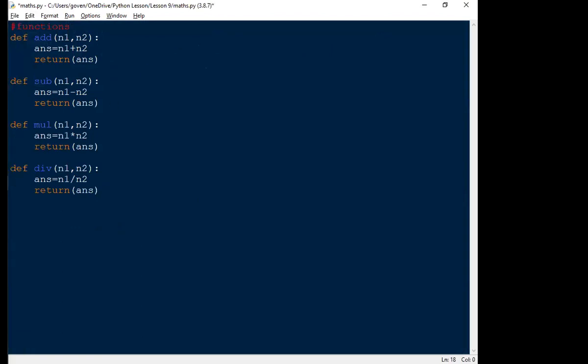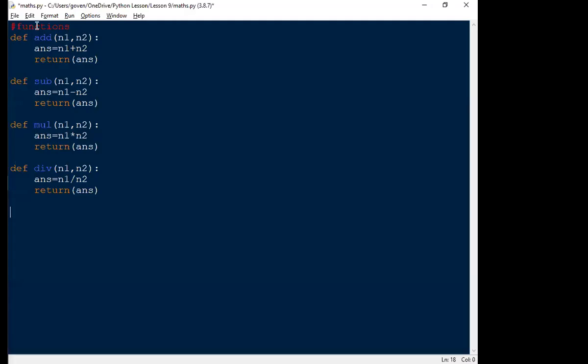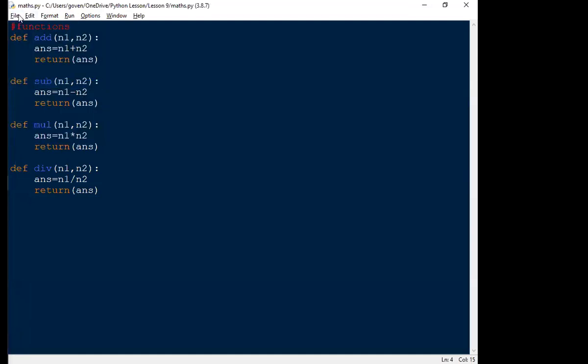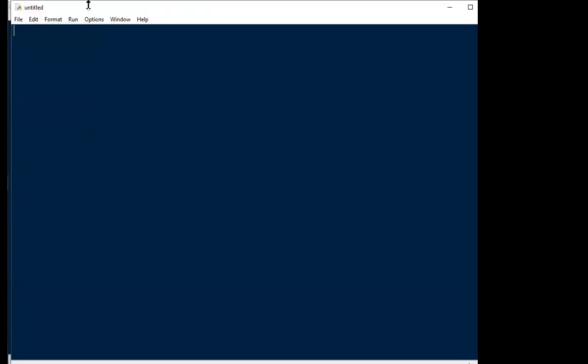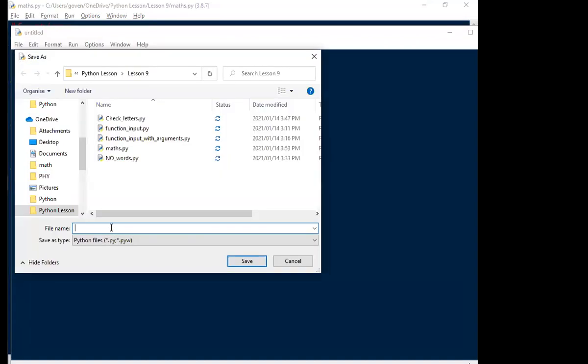Point number 5 again. Point number 5 says, write a program that will import the module created above. You see, when we're creating all these programs, we're actually creating modules, right? Like the chart before, as I previously mentioned. And it lets the user select the operator and use the corresponding operator. So if they ask for addition, subtraction, multiplication, like the maths tutor one, right? So we're going to create a different program and we're going to import this. So quickly going to save. Remember, it's called maths. It's important to know what the file is called. So we go file, save, and I'm going to save this as